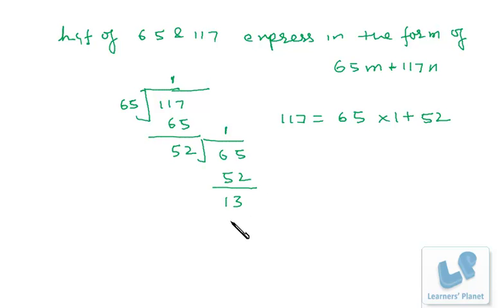Still the remainder is not 0, right? So how could we write 65 now? From this step, this is divisor into quotient plus remainder. So it's 52 into 1 plus 13, right? Similarly,